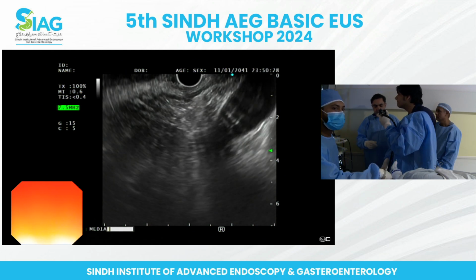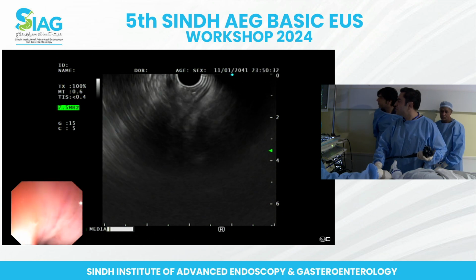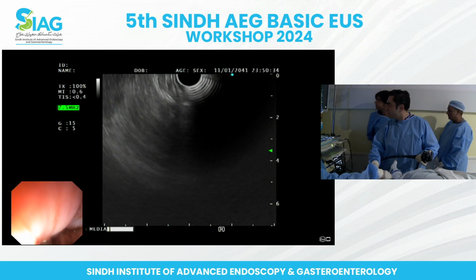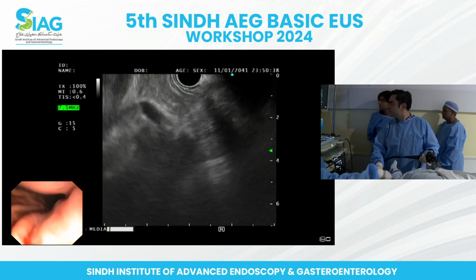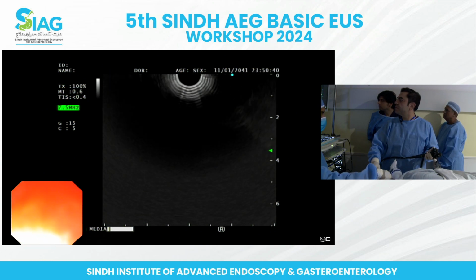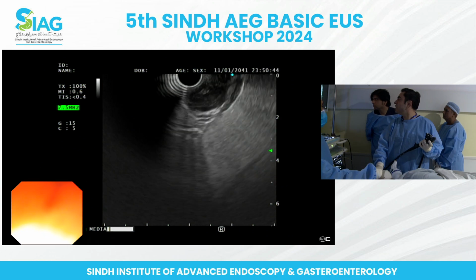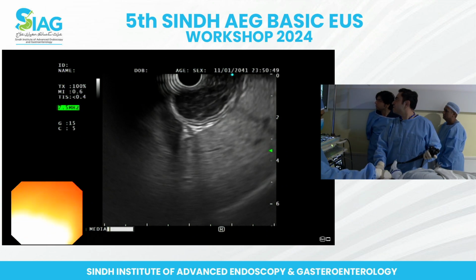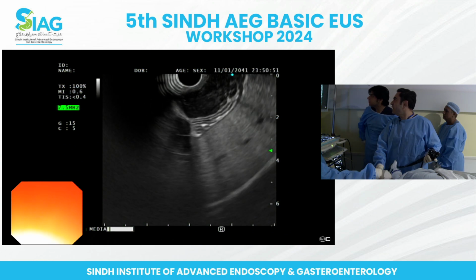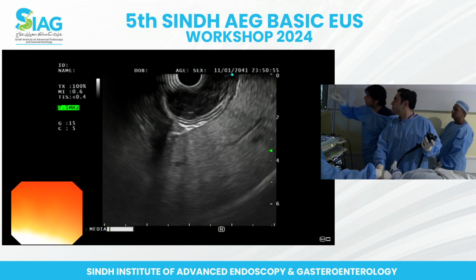Okay, let me just have another look. I think this hernia is causing you a bit of a tough time. The thickening seems to be somewhere around this bit. Can you see that area of thickening that is coming up? And the layers, can you see the layers? You can make out the layers as well there,